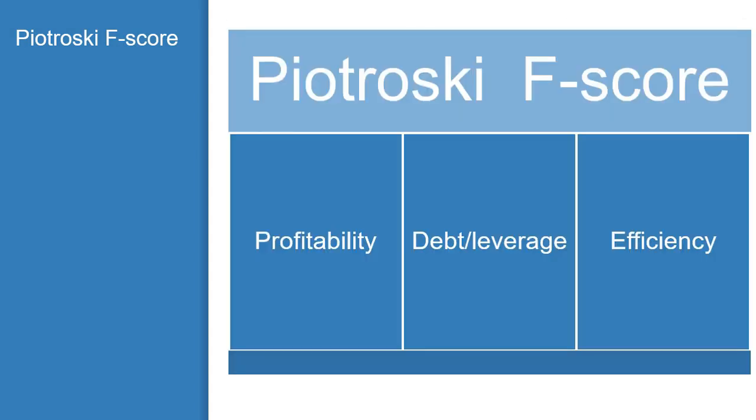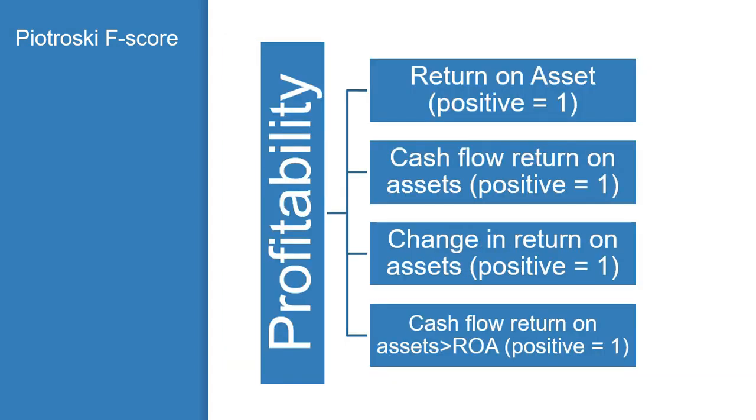So what is Piotroski actually measuring? Well, the Piotroski F-Score is measuring profitability in a company, it's measuring debt or leverage, and it's measuring efficiency. Profitability has the highest weight with 4 potential points, debt leverage has 3 potential points, and efficiency 2 potential points. Let's have a look at the 3 different parts here. So under the profitability,